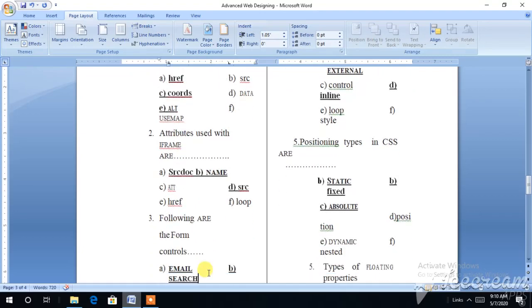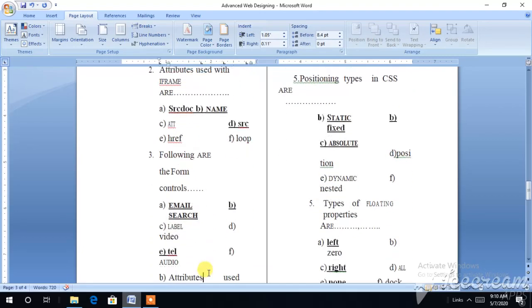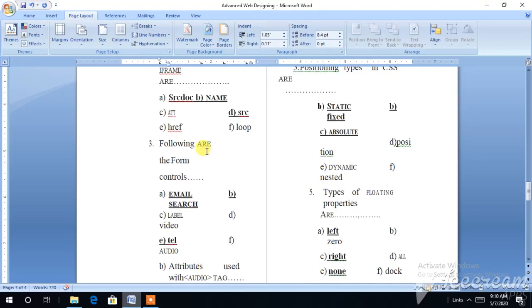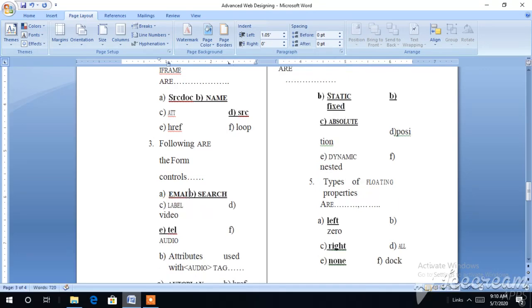Next, the following are the form controls. We all know, in the previous slide I have shown you what the controls are.